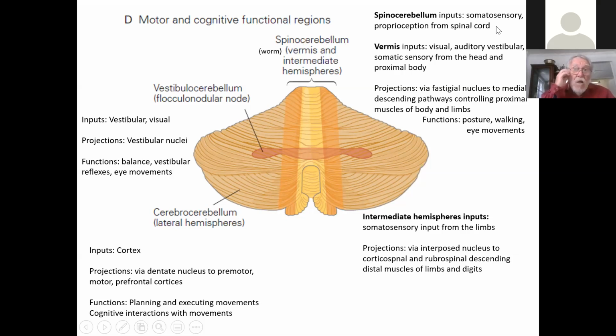And where is that coming from? That, of course, is coming from the nuclei of Clark, as well as cervical nuclei in about layer 6 that then form the posterior and anterior spinocerebellar tracts, as well as the cuneocerebellar tracts. Then coming also directly into the vermis